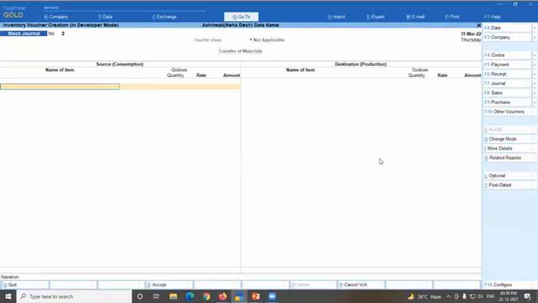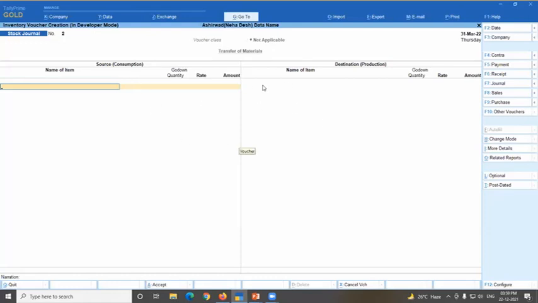This is the voucher type given by Tally to consume something and produce something, or directly consume something. But transfer means movement. Consumption and production is not a movement, it is a production activity. And reports will be different if you enter one voucher from here and one voucher from stock transfer.